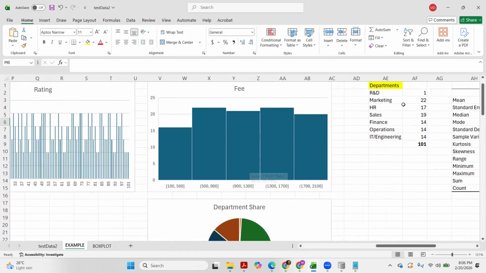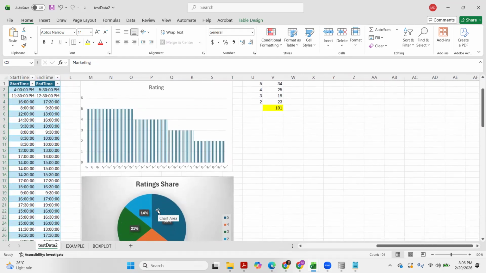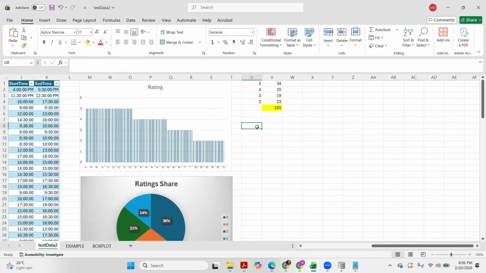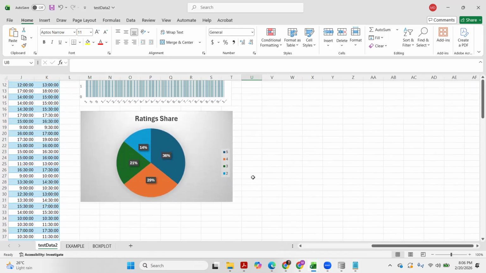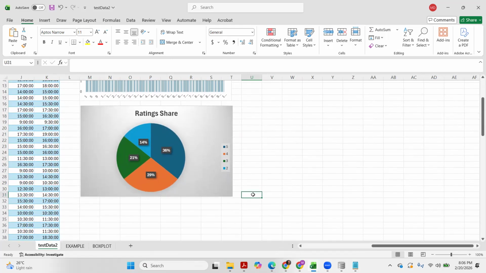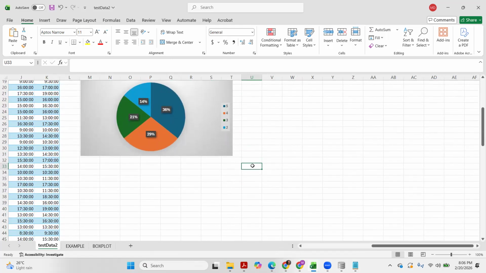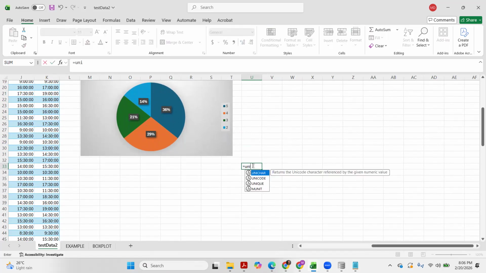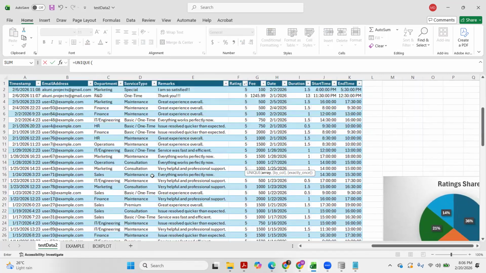So we need to list down all the departments, and just like what we did earlier, we use the unique formula and then just select an array.